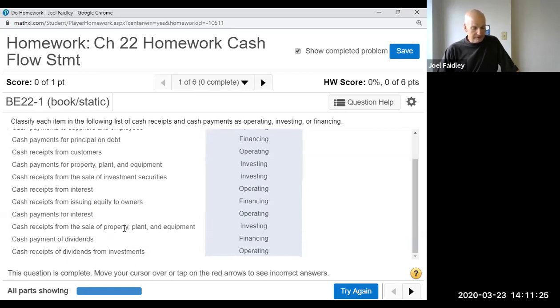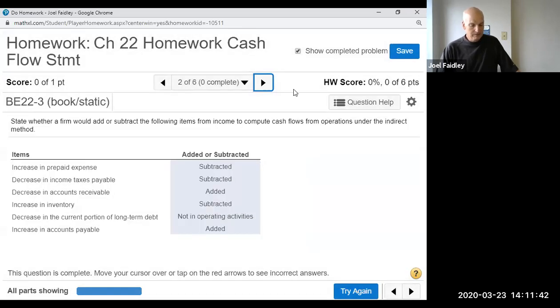Cash receipts from the sale of property, plant, and equipment, investing. If there are gains or losses, you would have that also in operating as well, right? Payment of dividends, financing, because that's related to retained earnings. All right, and cash receipts of dividends from investments, operating. All right, very straightforward. Number 2, state whether a firm would add or subtract, because once you find out if